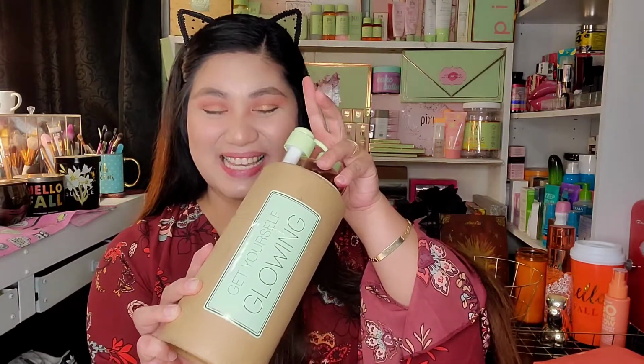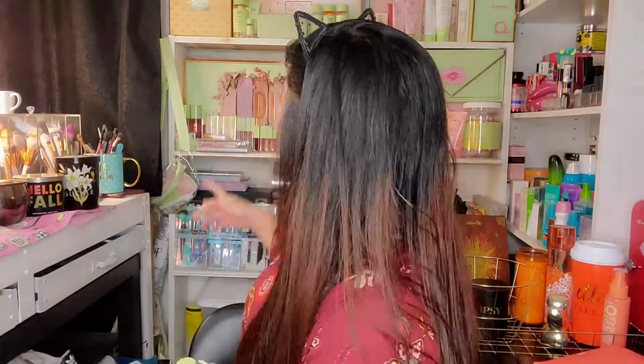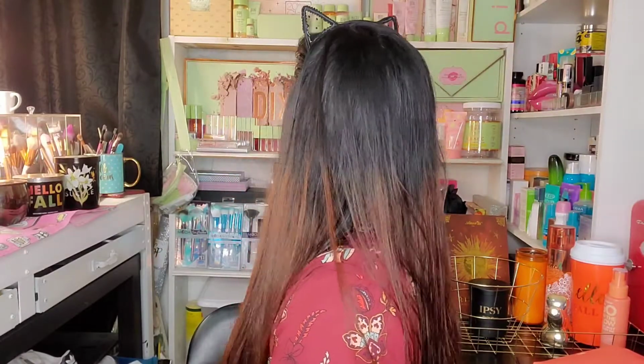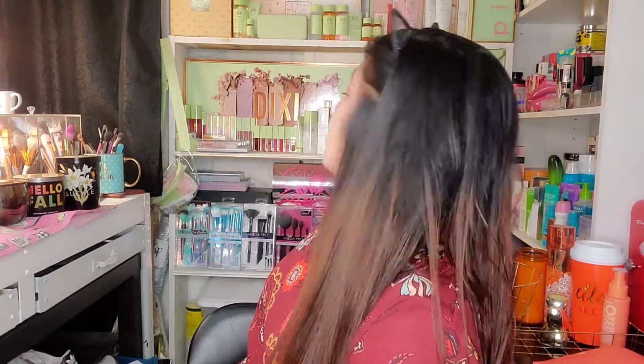Can you guess what it is? My yearly glow tonic. OMG. I have 1, 2, 3. They're big glow tonics, so I'll be giving some to my family, and maybe the small one is for